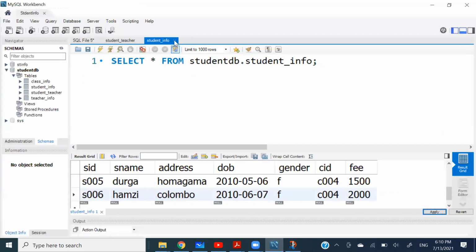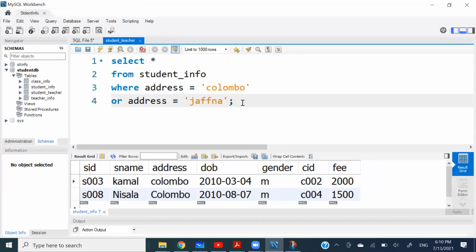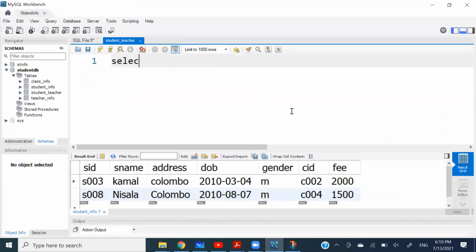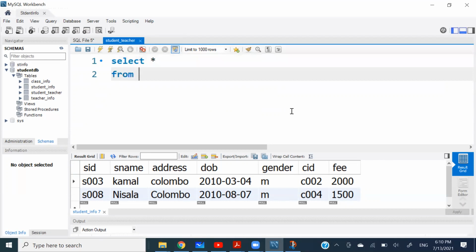If we want to write something like that, so it is saying view details, yes. So we can say select asterisk from